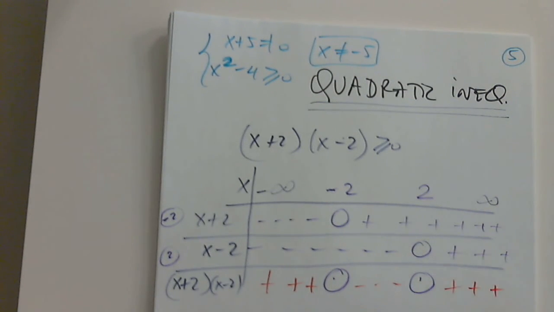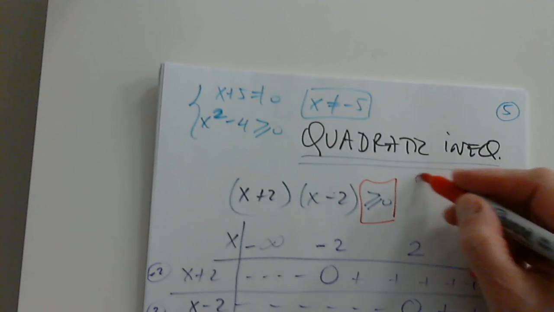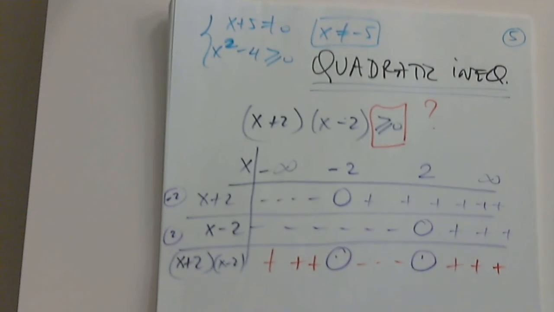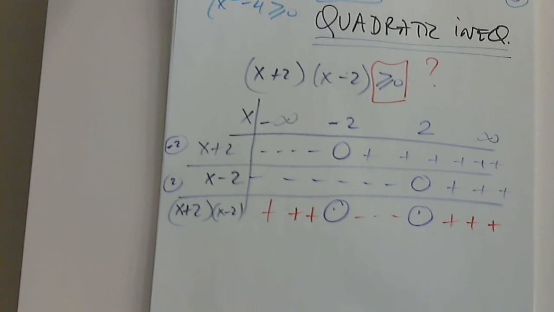Positive. Only now, I look here, and I ask myself, what do I pick? Which sign do I pick? Which sign is greater than or equal to 0? And there is only one sign that is greater than or equal to 0. Positive. So does this product